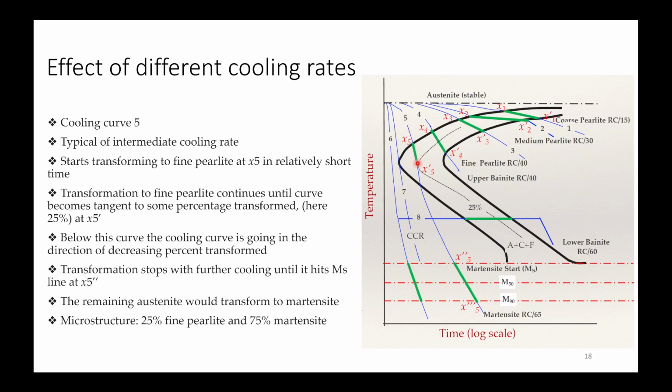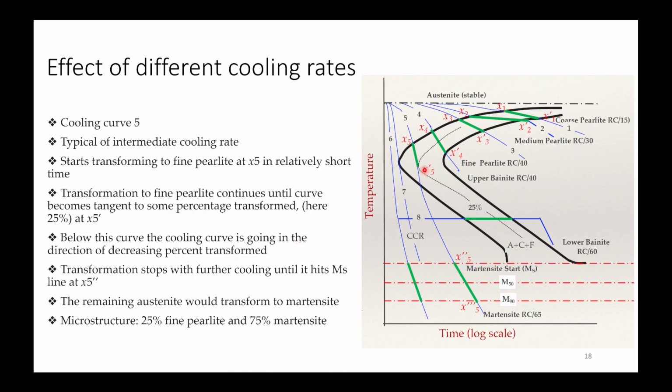In case of your cooling curve 5, in this case it is typical of intermediate cooling rate. So in this case you are only transforming partial pearlite. It starts transforming to fine pearlite at x5 in relatively short time, and your transformation to fine pearlite continues until the curve becomes tangent to some percentage transformed. Here it is 25% at x5 dash, and below this the cooling curve is going in the direction of decreasing percentage